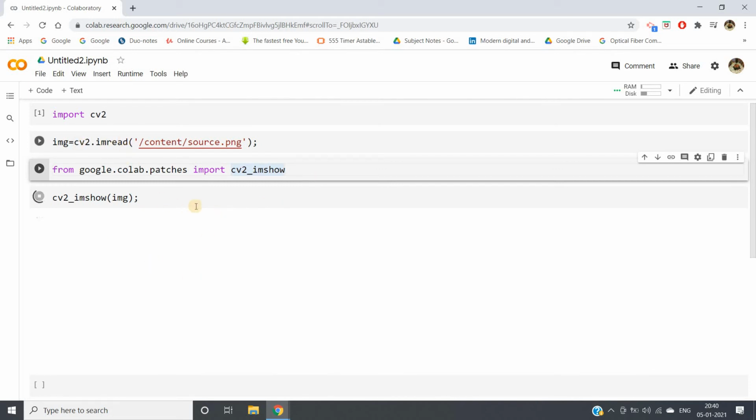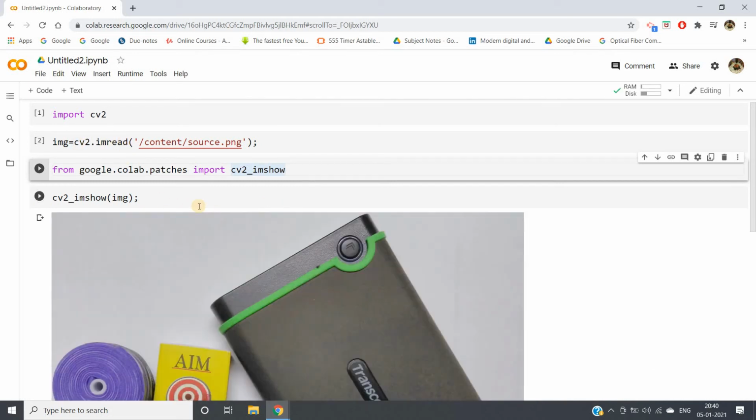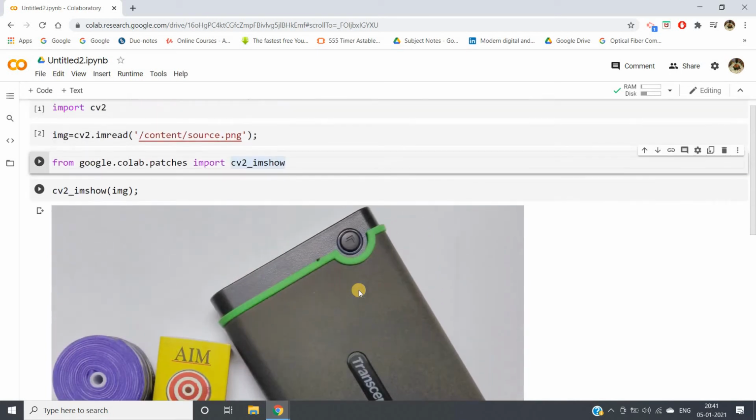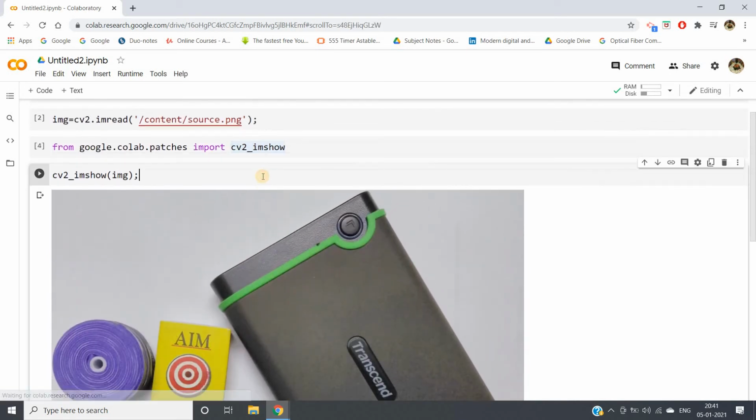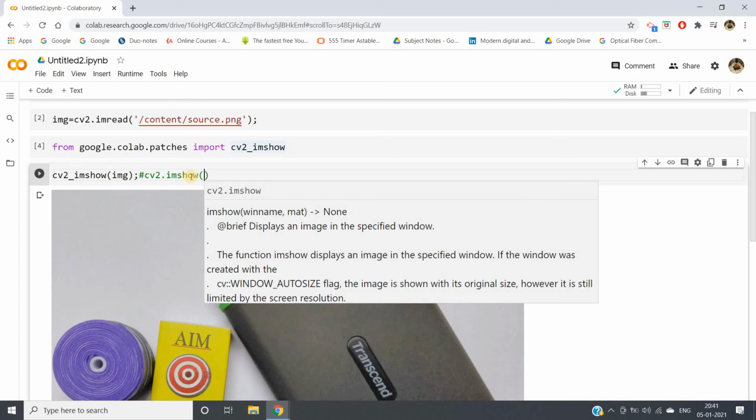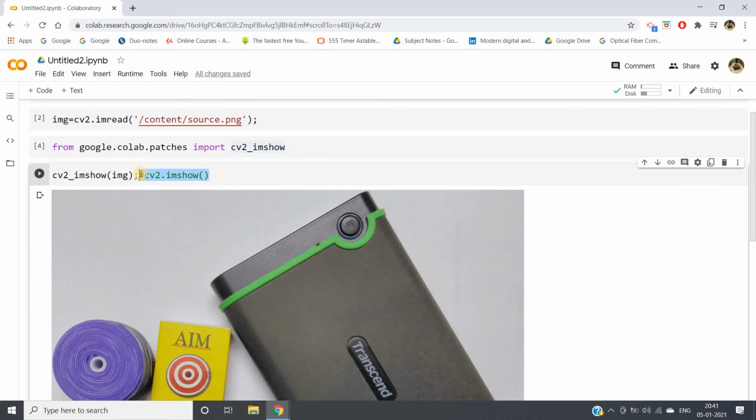It will take some time, and see, it is showing our image perfectly. If you are working in Jupyter Notebook, you can write cv2 dot imshow. imshow is generally used to display the image as we do in MATLAB, and cv2 is used because this is a function of OpenCV.